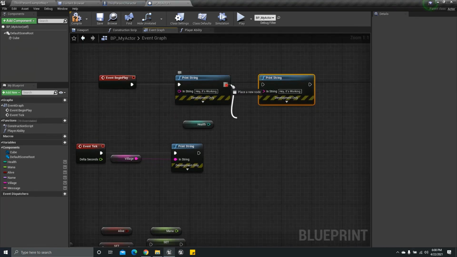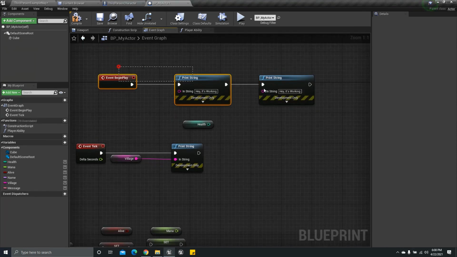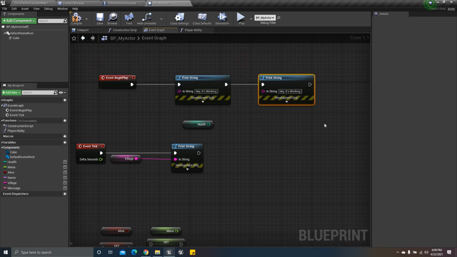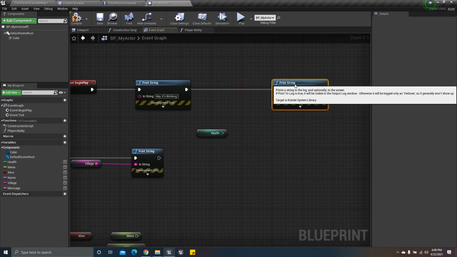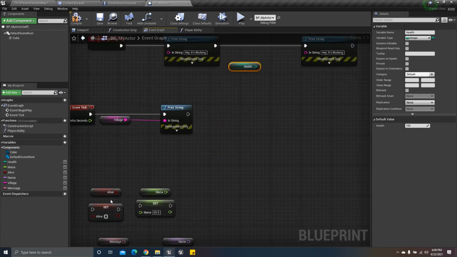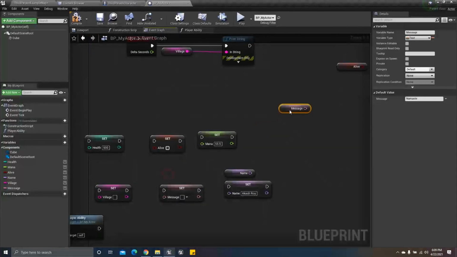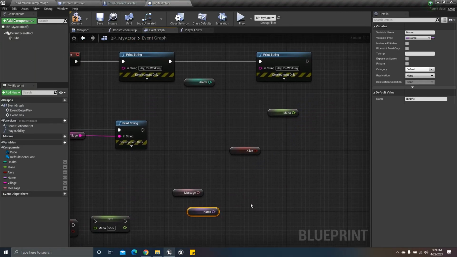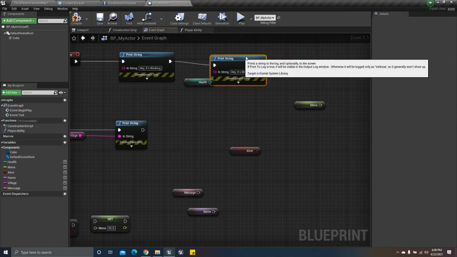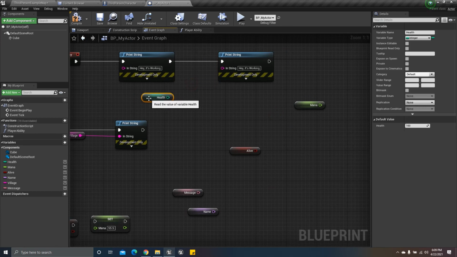Then again I'm going to connect from here to here, and I already mentioned it will follow the execution order from very left to right. So it will execute this first, then this and this and this. So now I'm going to print all my variables one by one. So let's just print this health one first.